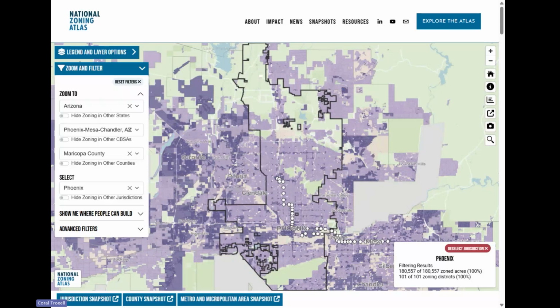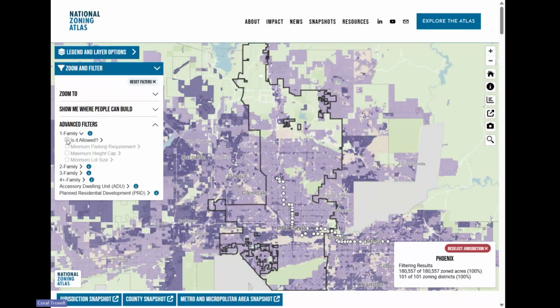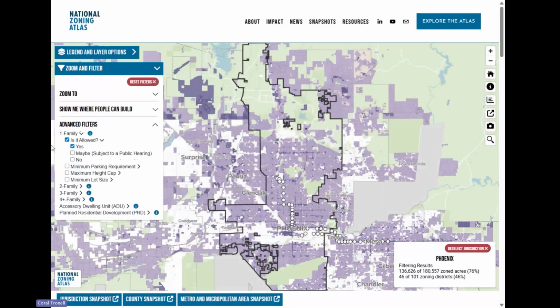Go to Advanced Filters, then One Family, then click "Is it allowed?" Just like our regional image, we can see that most of Phoenix allows one-family housing. But there's one key difference to observe. Now that we've selected a jurisdiction, notice that we've enabled the filtering results box in the bottom right-hand corner. In this case, it says that single-family residential zoning exists in 46 out of 101 zoning districts, or on 76%